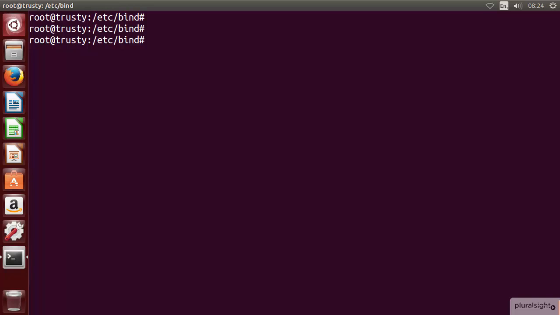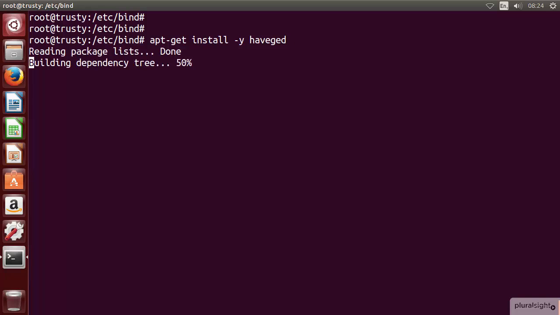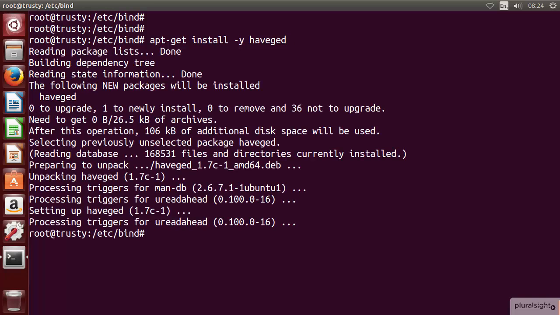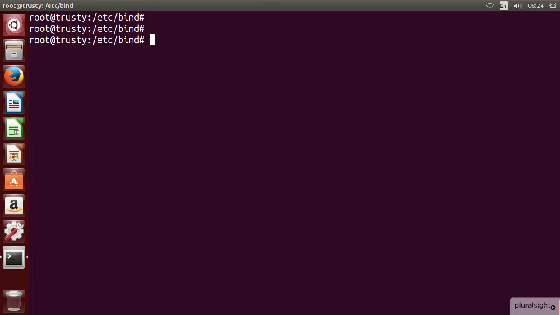So we're working back on our master server, and it's on this server that we're going to generate the key pair. But before we do this, we're going to run apt-get install -y and then haveged. So this is going to allow us to create our entropy data. I'm just going to use Ctrl+L to clear the screen. With this done, I'm already in the bind directory. Again, we can double check this with pwd, but I'm now going to run the command dnssec-keygen,